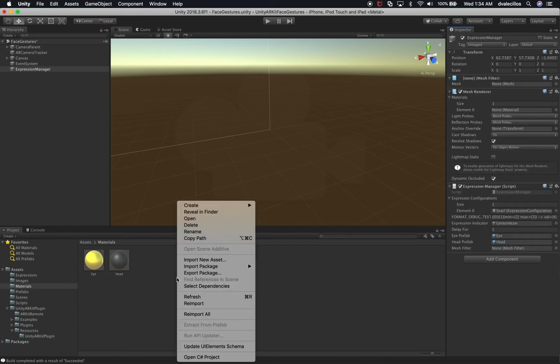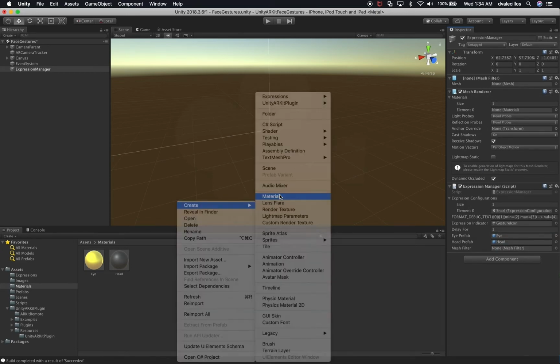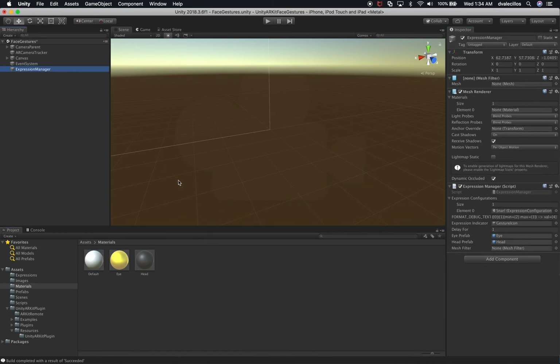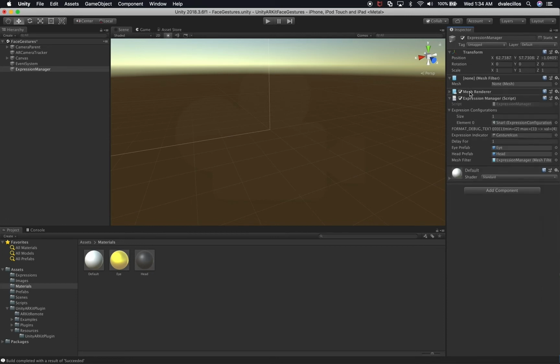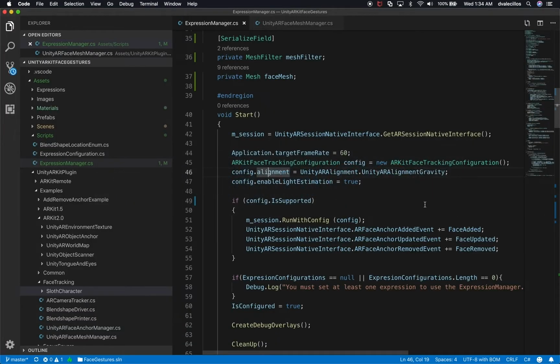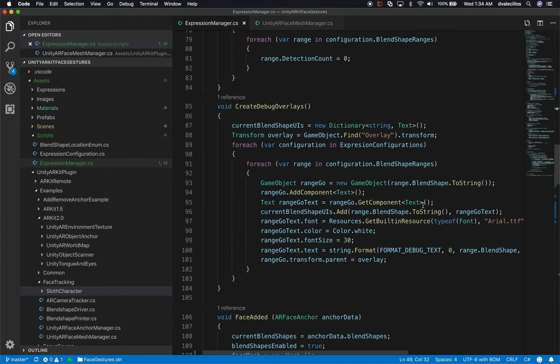And in my materials, I'm gonna create a new material, and I'm just gonna call it default. And I'm not gonna change anything about it. I'll just leave it white. Go back to the expression manager and just drag and drop the default material. So now we should have a material associated with element 0 in the mesh renderer, and then the mesh should be null or empty. And I'm just gonna drag the mesh filter to the mesh filter so we have it associated with a reference. And that should do it as far as the inspector is concerned for the expression manager. So now we need to go back into Visual Studio Code,